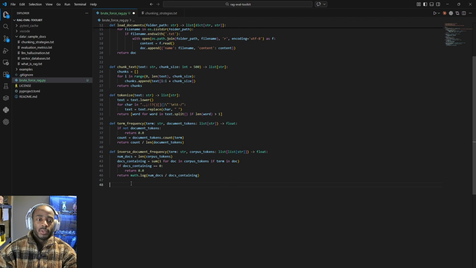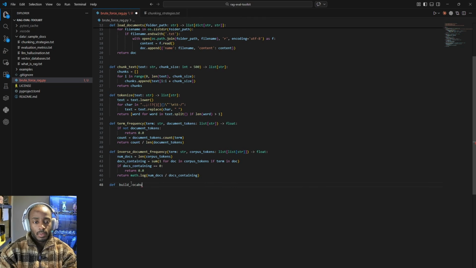So now what we're going to do is build a vocabulary, which is going to be every unique term in our entire document collection. So it will be our global vocabulary, and then we can get our term frequency, inverse document frequency vectors out of that, which will be numerical and allow us to compare them using similarity search. So we'll go with def build